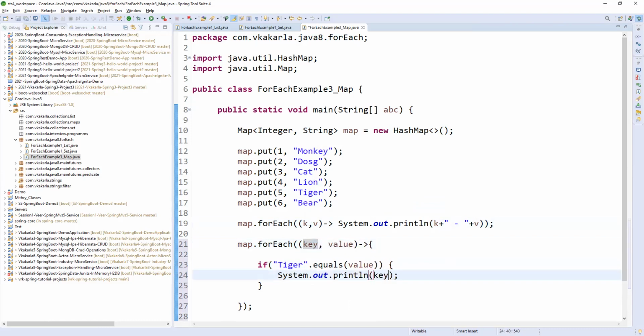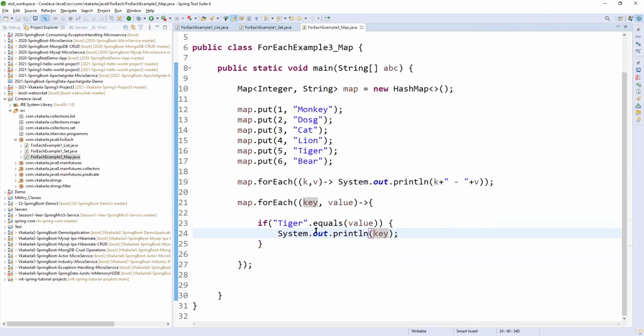So whenever they are asking like that, you can use like this. So when I want to print the tiger key, we are traversing the loop. We are checking whether tiger equals the value. This is the right value. Then I can print whenever it is coming here.